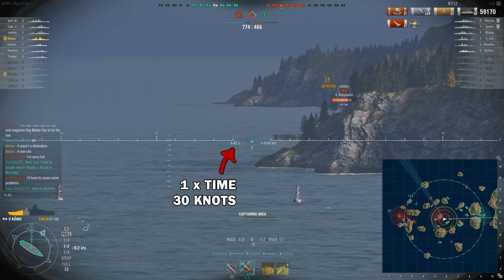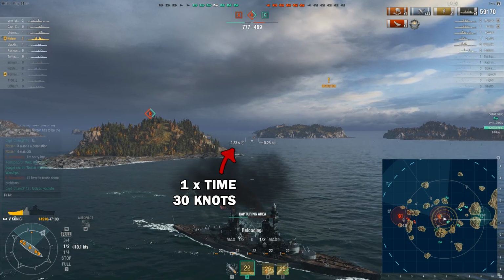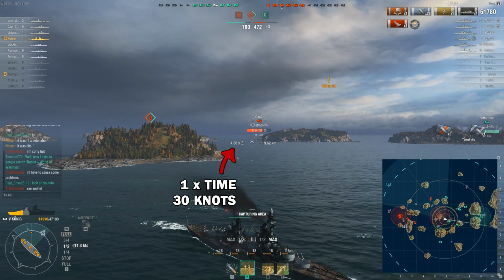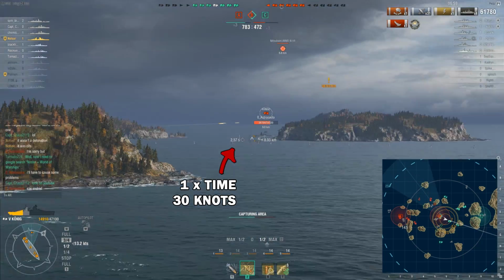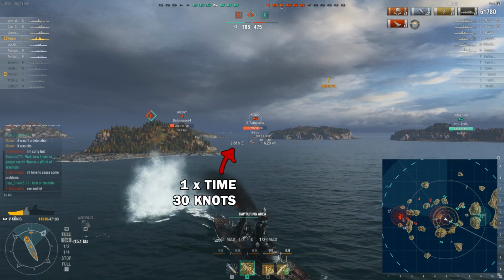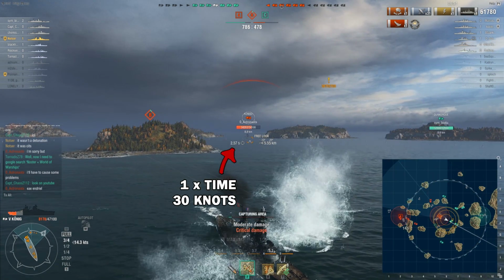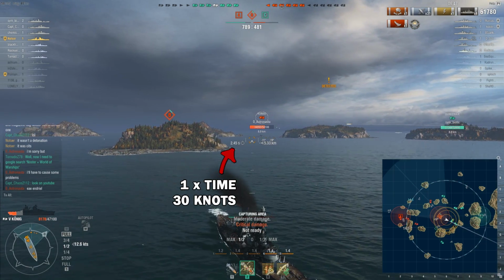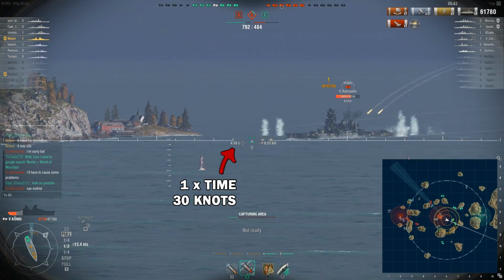The enemy Kongo is coming around the island, and I do about 2 seconds, 1 second lead, maybe a little bit too much, honestly. He wasn't quite up to half speed, he was probably a fourth speed. And that gets into another part of it. It's a lot easier to look at a 30-knot ship and say he's going half speed, therefore I just need to halve the time that I lead the target. So if he's 4 or 5 seconds out, we only use 2 or 3 vertical tick marks,